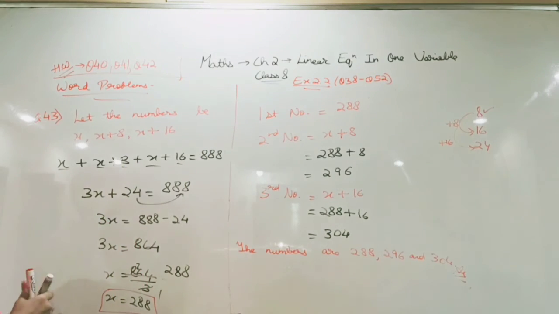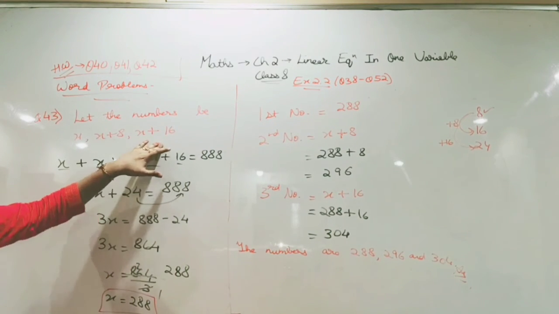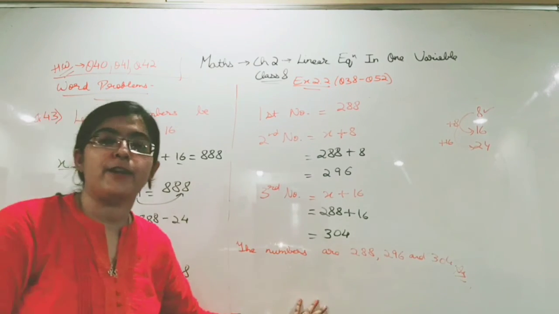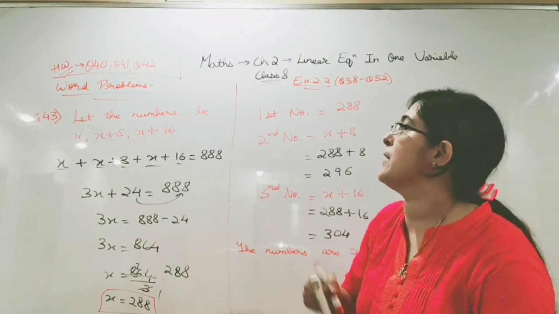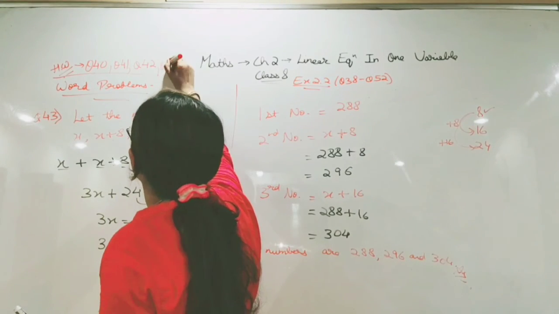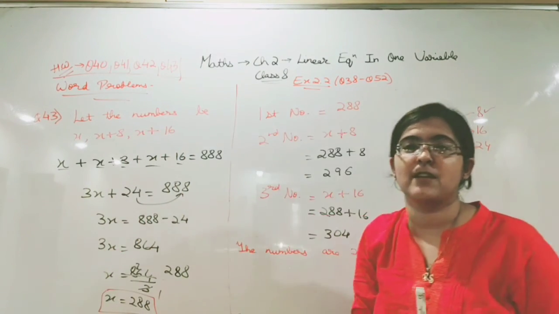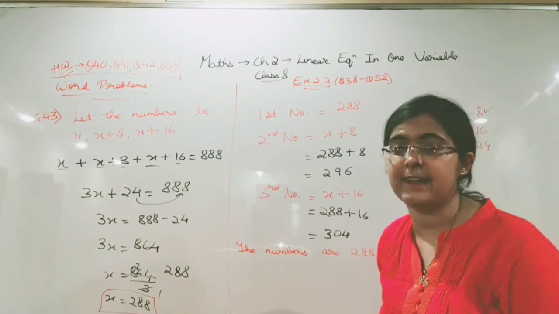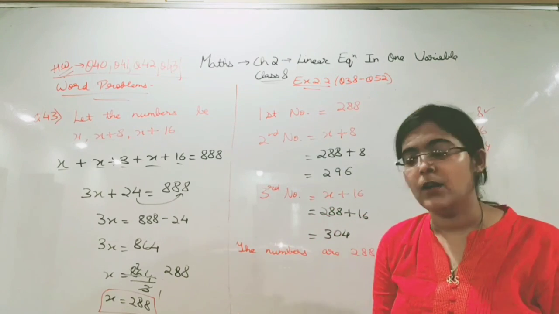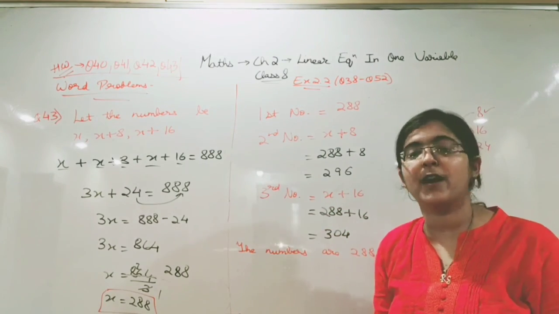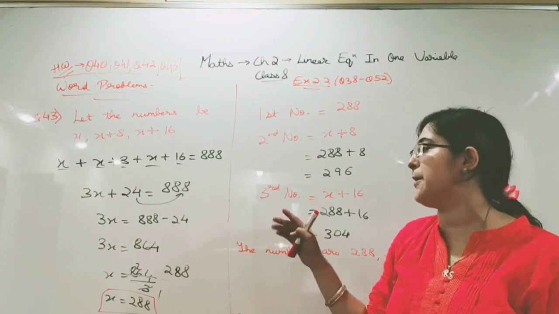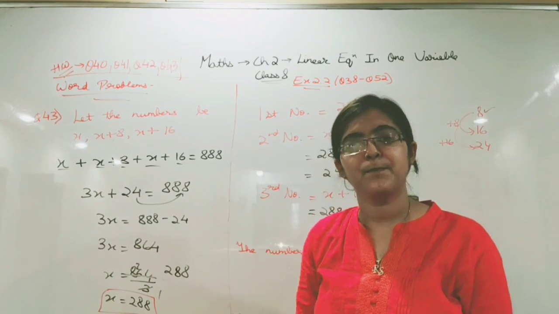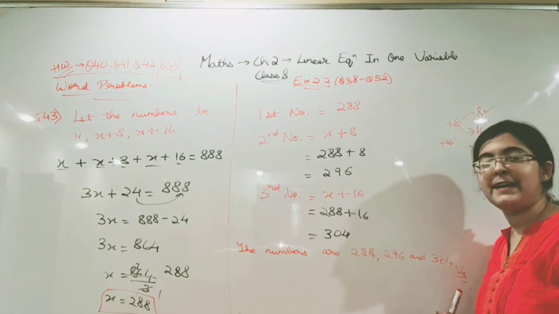Why have we taken it as x, x plus 8, x plus 16? Because we want multiples of 8. Clear students, this is your question 43. You have to do this also in your homework. Repeat it in another copy and we will discuss in the live session. Clear? Questions 40, 41, 42 and 43. I am not giving you much homework. Okay, so these will be your 4 homework. You have to write it down in your question booklet by seeing from the board. And finally, you have to practice it in another copy. Okay, rest we will do in the next class.